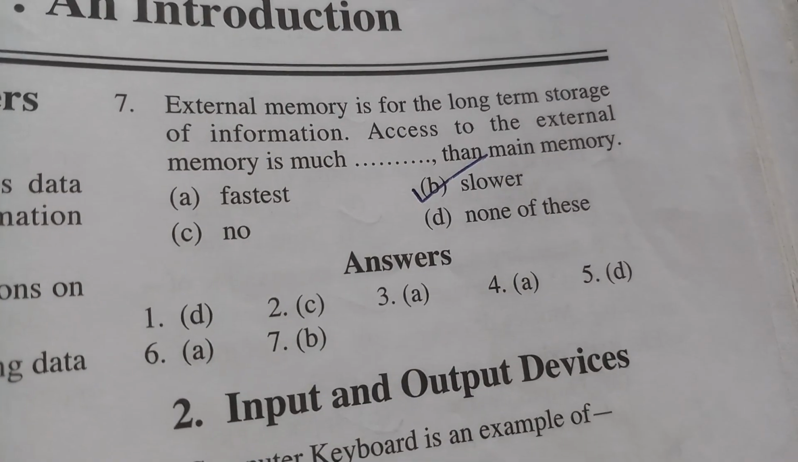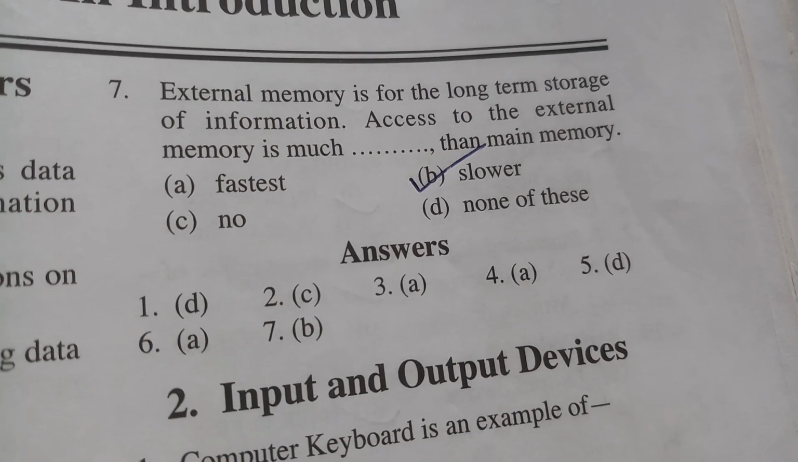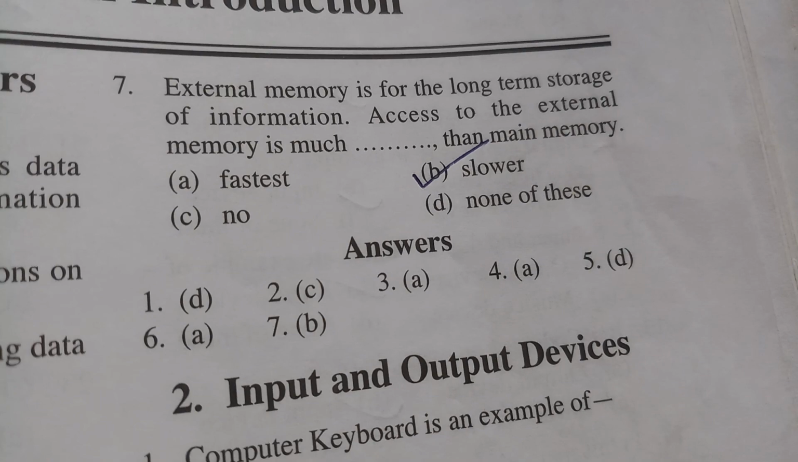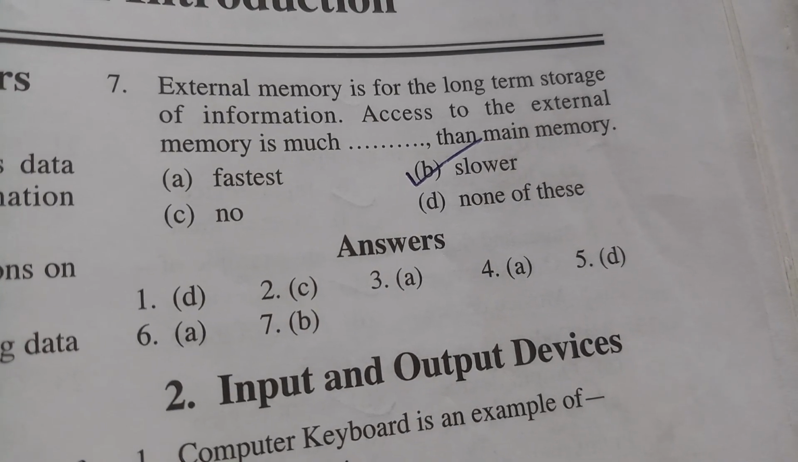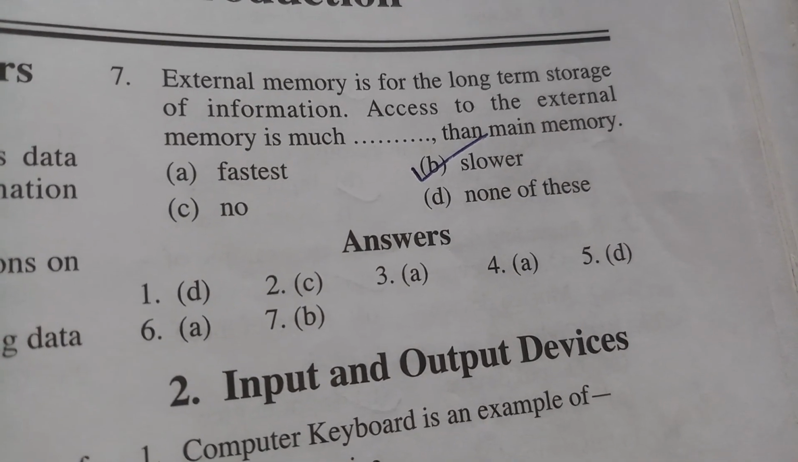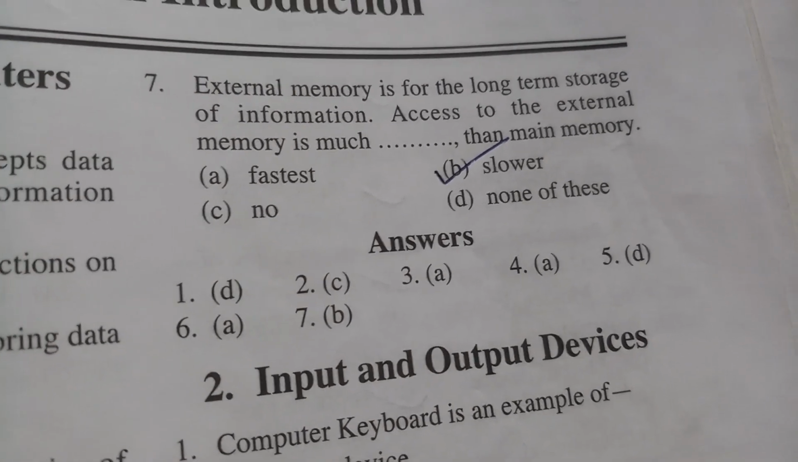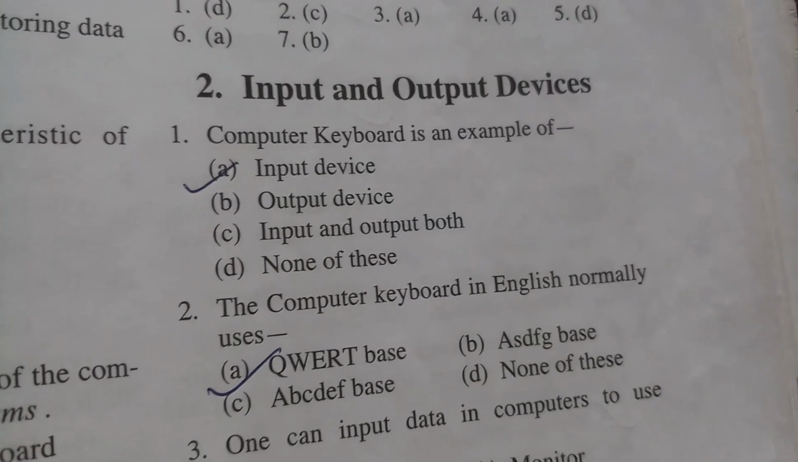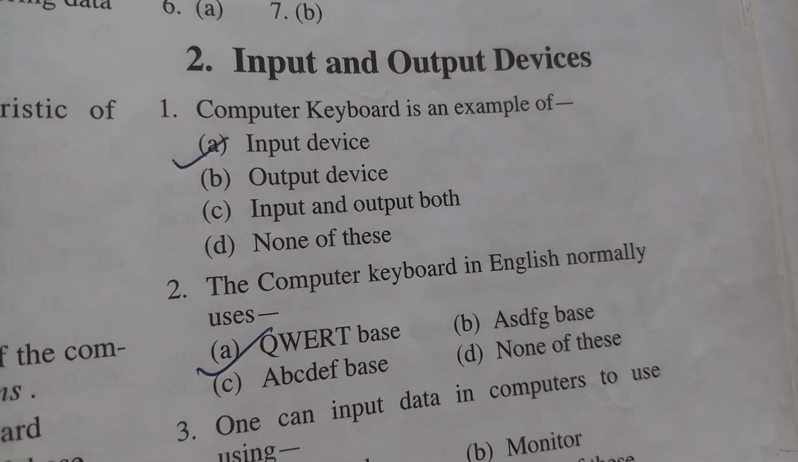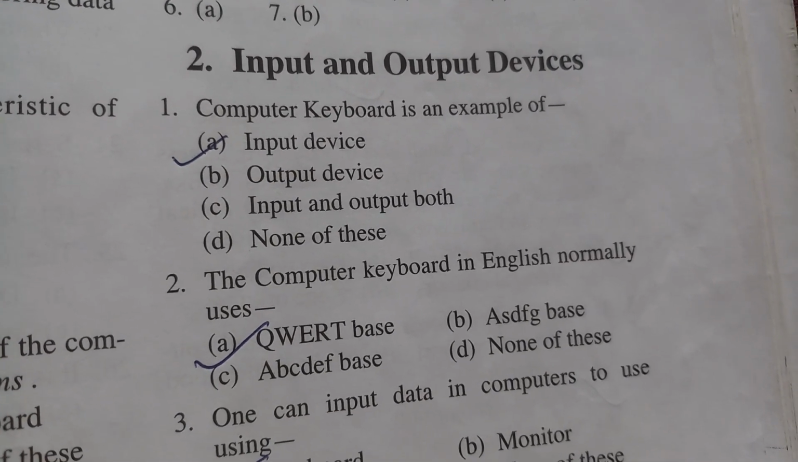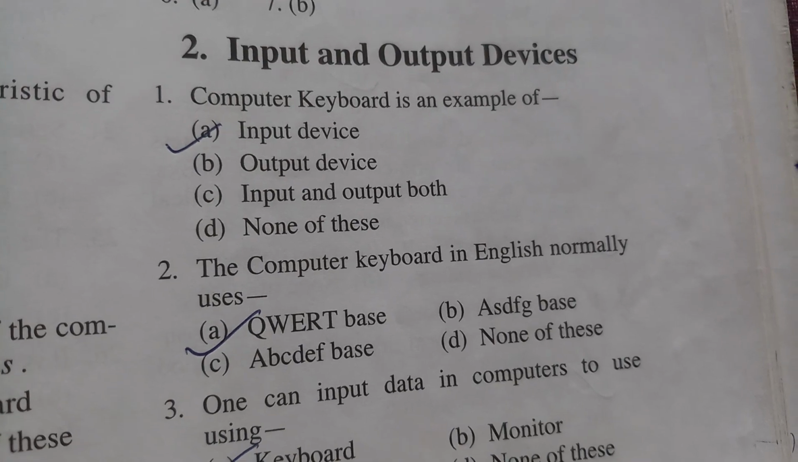External memory is for the long-term storage of information. Access to the external memory is much dash than main memory. Fastest, slower, no, none of this. Answer slower. ইনপুট অ্যান্ড আউটপুট ডিভাইস নিয়ে বেশ কিছু কোশ্চেন থাকে। দেখো, কম্পিউটার কিবোর্ড ইজ অ্যান এক্সাম্পল অফ ইনপুট ডিভাইস।